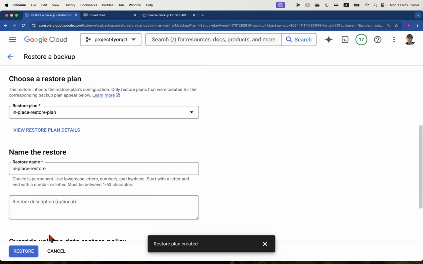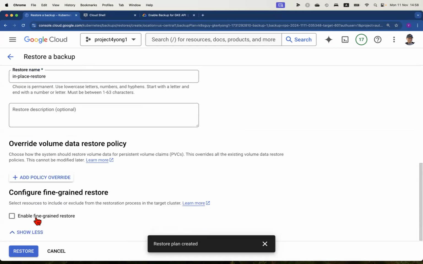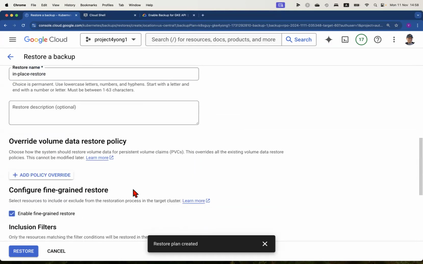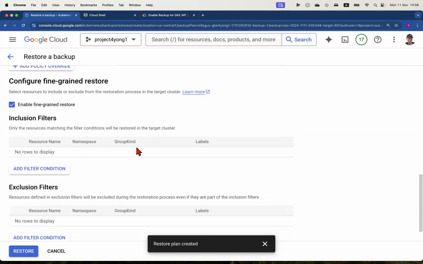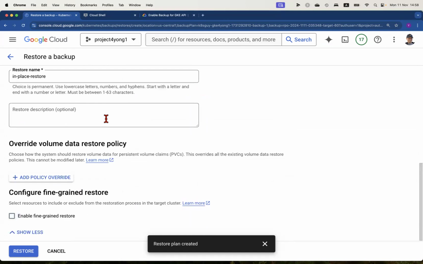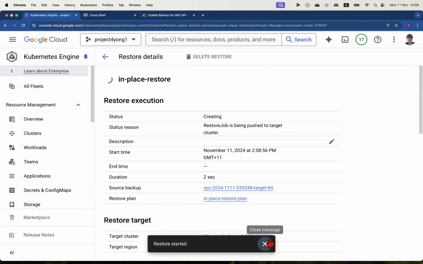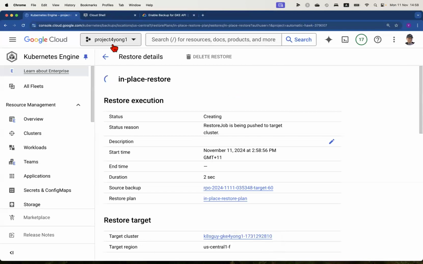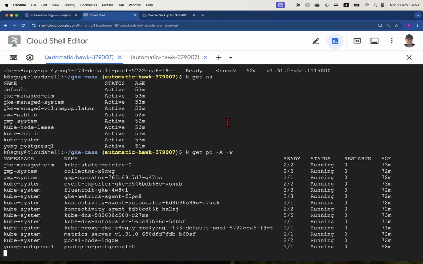And yeah, there are some advanced options. You can enable fine granular restore. You can add inclusion filters or exclusion filters. I'm not going to do anything now. Click restore. And shortly after you click restore, from the terminal, from the Cloud Shell, you will see it